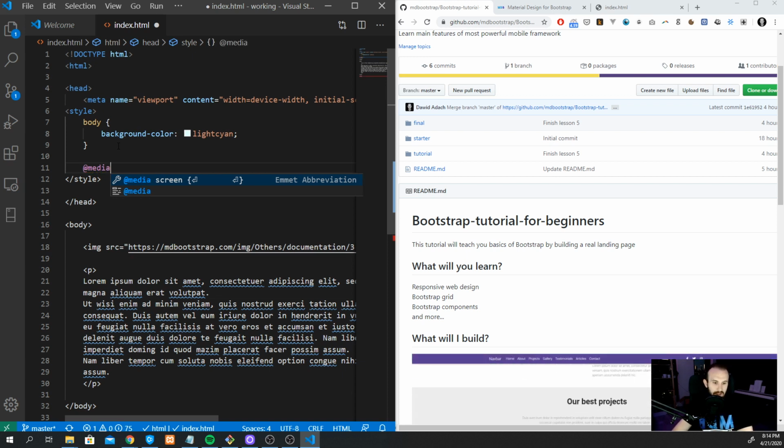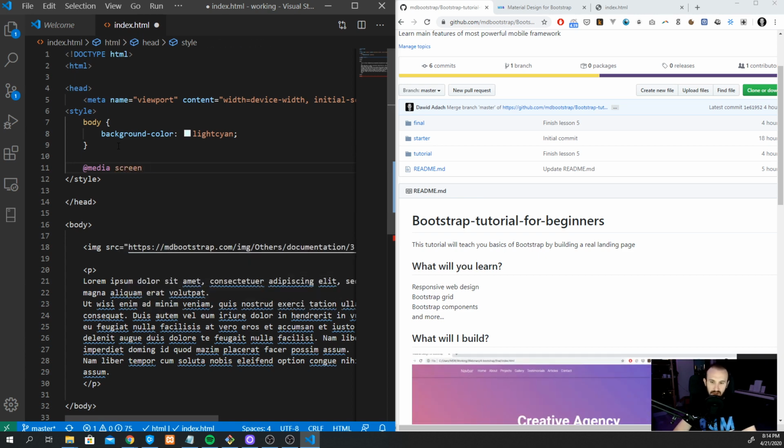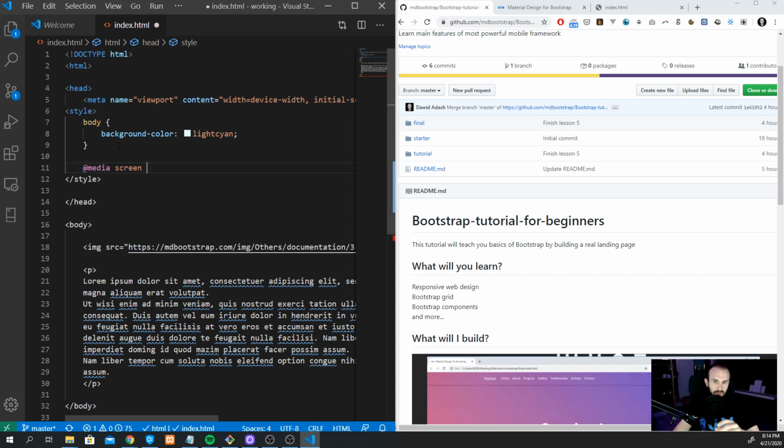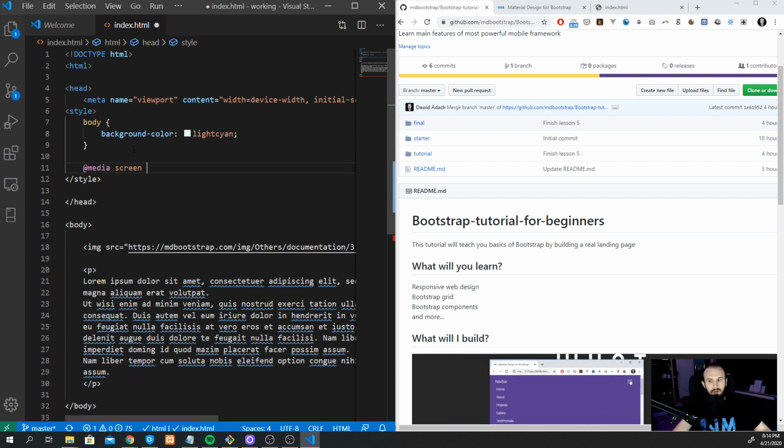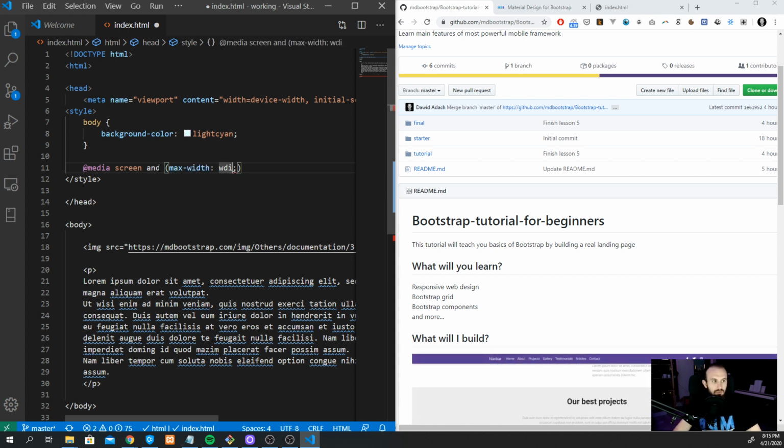And now let's create a media query. I will say that I want to have my media query applicable for the screen. We're gonna talk about this later, because we can have different styles for screen, different for printing, different for voice synthesizers, and so on. Since we are talking about the web page, we will be using screen, and we want to define some condition here. So we're gonna say max width should be